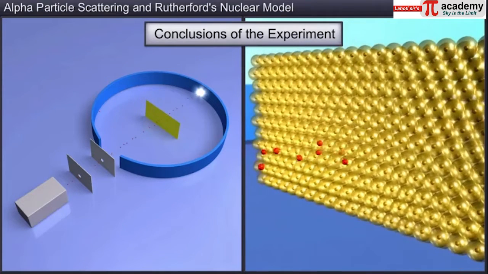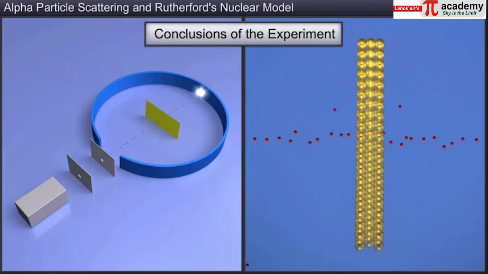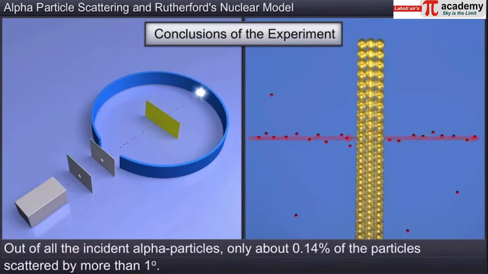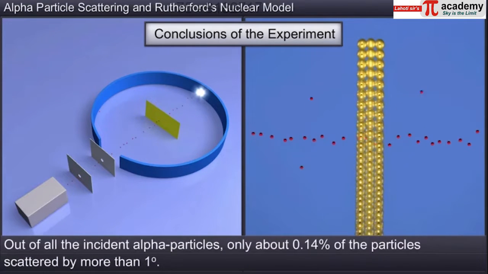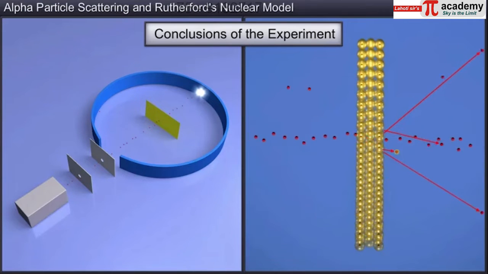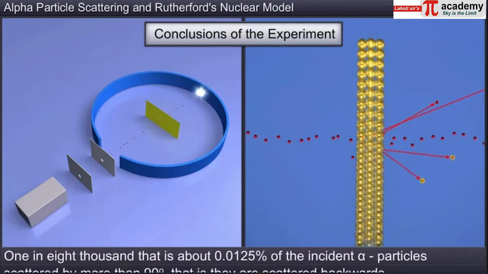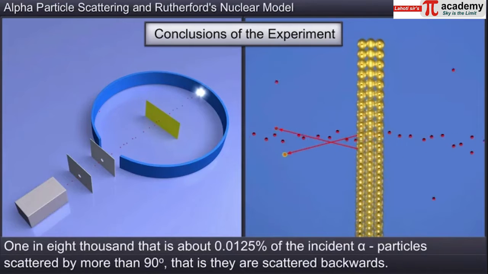The number of particles for nearly zero angle of scattering was very large, indicating that most of them had passed almost straight through the gold foil. This implied that most of the atoms must have been empty. Out of all the incident alpha particles, only about 0.14% of the particles scattered by more than 1 degree. This was due to the fact that these particles passed close to the central part of the atom, which must have been positively charged. And 1 in 8,000,